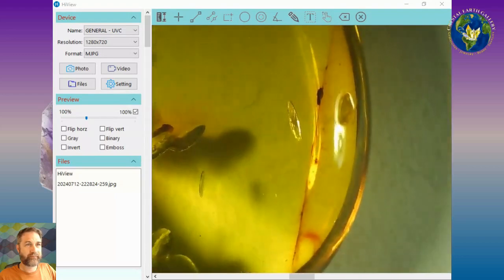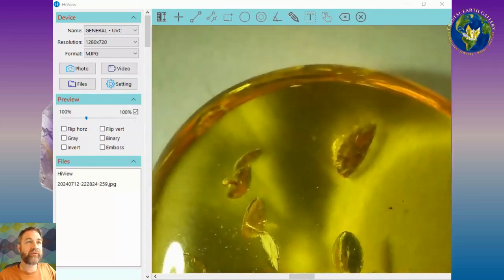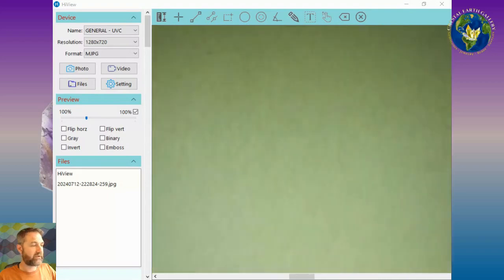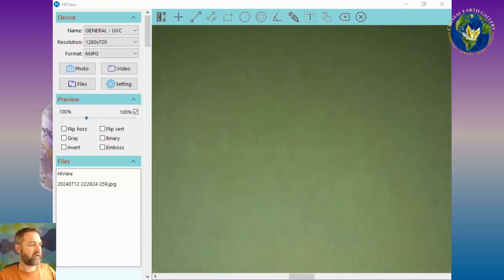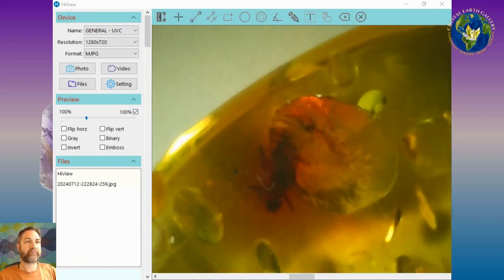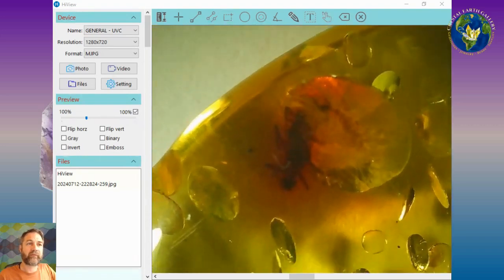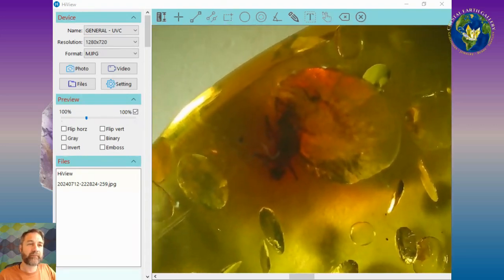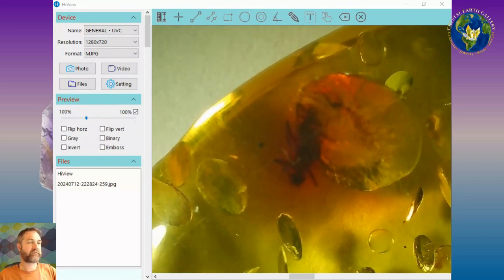Looking for bugs. That's what we're doing, folks. We're here looking at some amber specimens. These are all from Colombia. They're going to be in the younger range, 12 to 20 million years old, somewhere in there. They're going to vary. There's an exposed area from a mudslide, a landslide that exposed this section in Colombia in